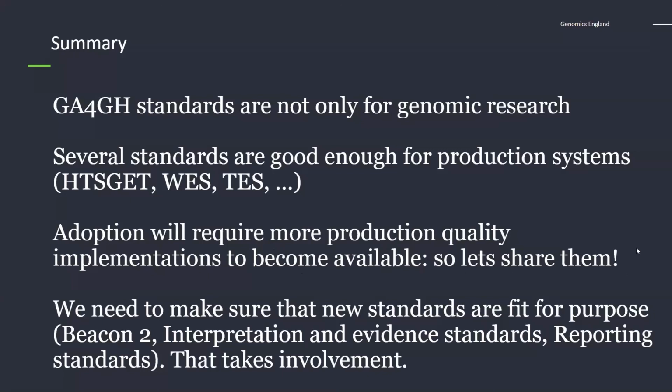So I encourage us to share them, because if we don't share those standards, we're just not big enough as an ecosystem to have many different implementations, people coming to them. We need to share them and not reproduce too much work. And then the last one is just a call. There are many evolving standards, and we've heard about some yesterday, Phenopackets and pedigrees, but there's also Beacon 2, ways of thinking about interpretation and evidence reporting. And they're only going to be right and therefore useful if we are involved in participating, at least providing feedback, but ideally in those communications. So it's a call then to be part of that, so that we can all one day be able to interpret in better ways for our patients.